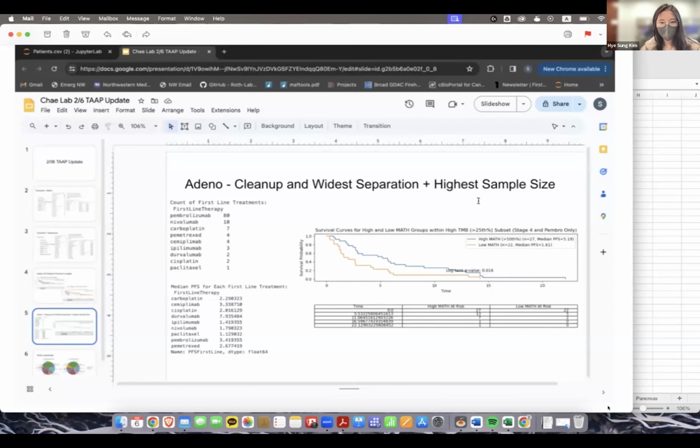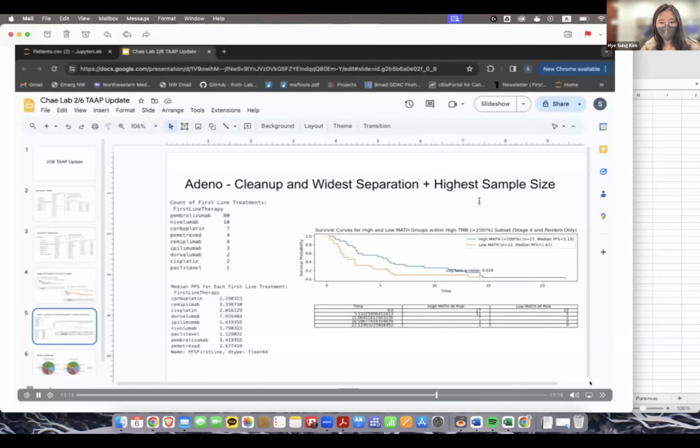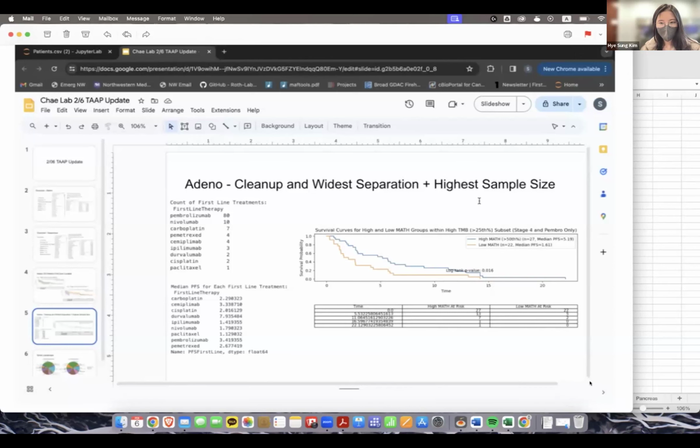Let's see what else I wanted to point out here. Feel free to pause and look at this more closely and ask questions, and then I'll watch the recording and get an idea of what gaps there might be and what other questions you may have.